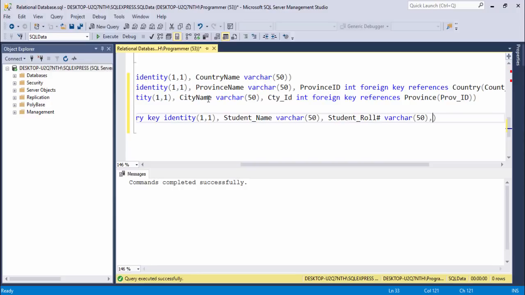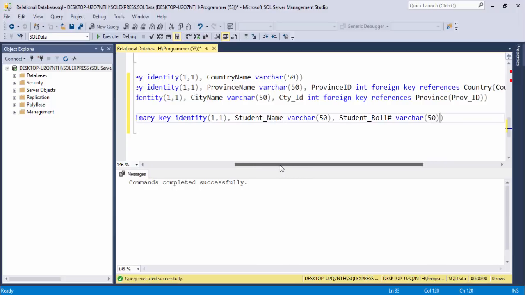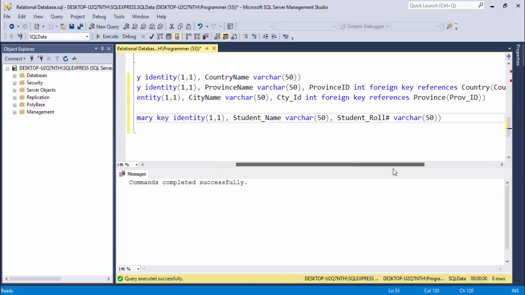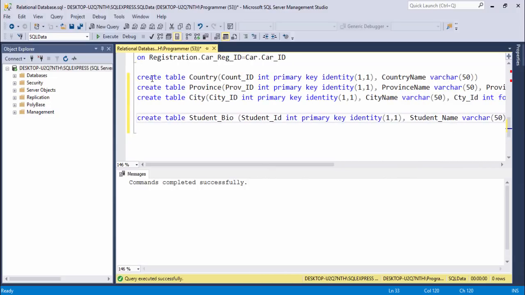The third column name is student roll number. Those are 2 columns. Okay, I mean total 3 columns, 1 2 3, and I want to connect the 3